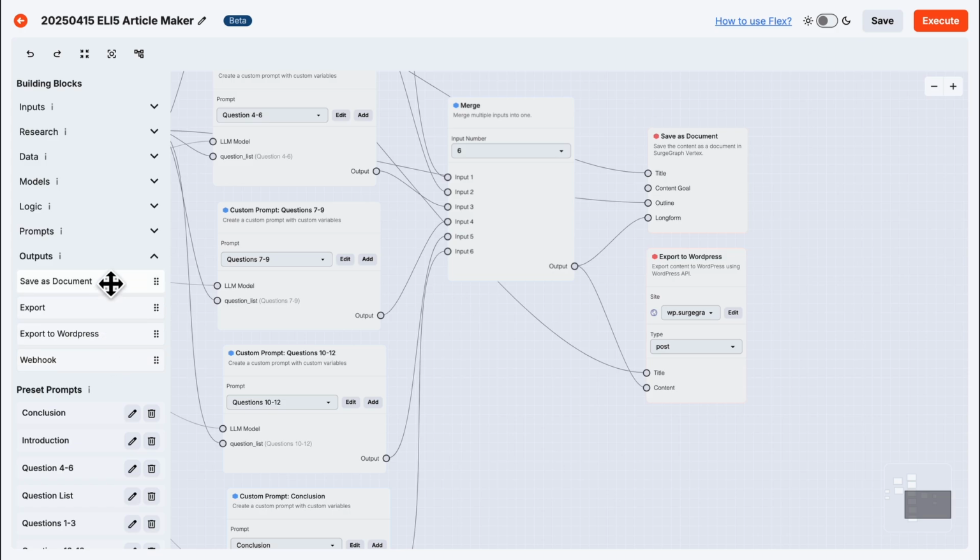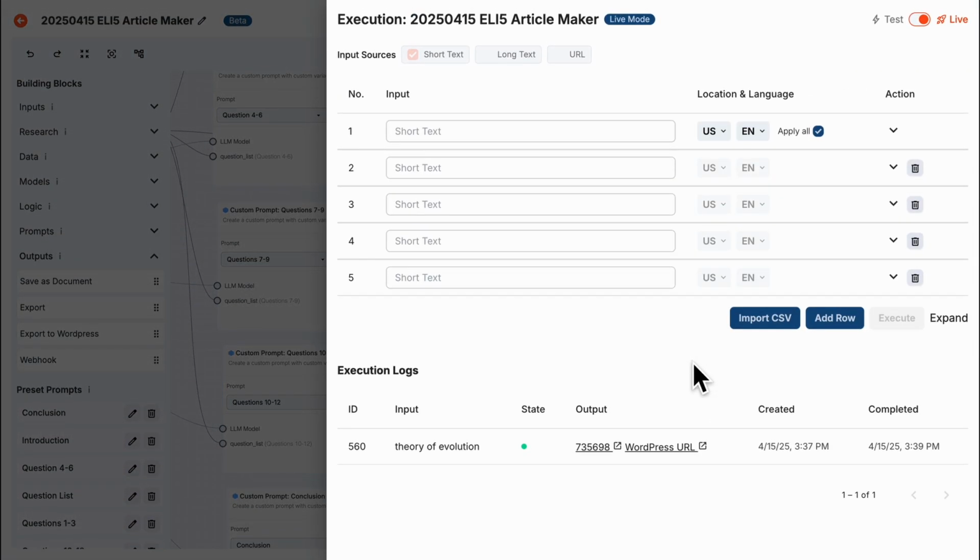So for the save as document, what it does is it saves the document that you generated as a document in the SurgeGraph Vertex document dashboard. So for example, the workflow that we just executed just now, I had a save as document output block set up. So if we go back to the execution, under output, we have 2 links. One is the WordPress link, and the other is the save as document in Vertex link. So if I click on it,